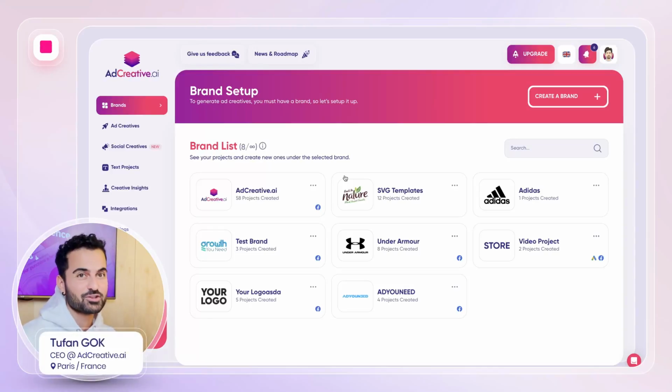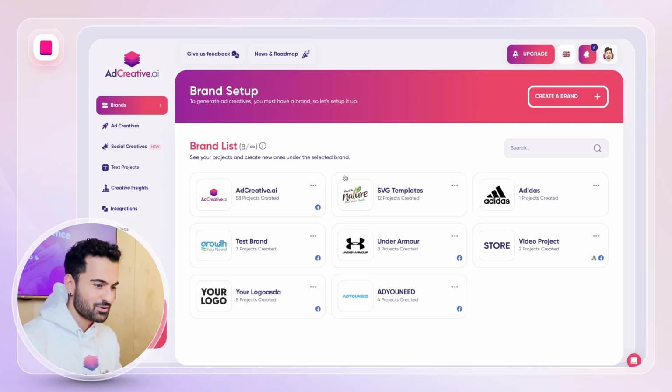In this video, I'm going to be talking about two new features that we have. We've been developing these features for a long time, so I want to dive in directly and show you those features. Okay, the very first feature I'm going to be talking about is the bulk rendering